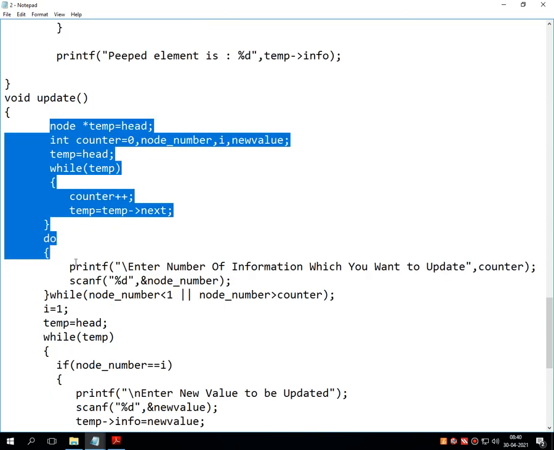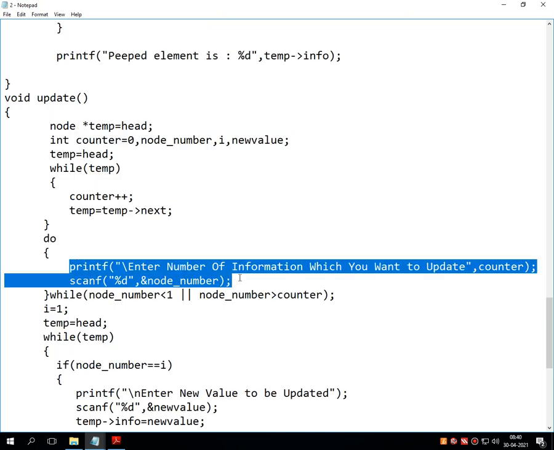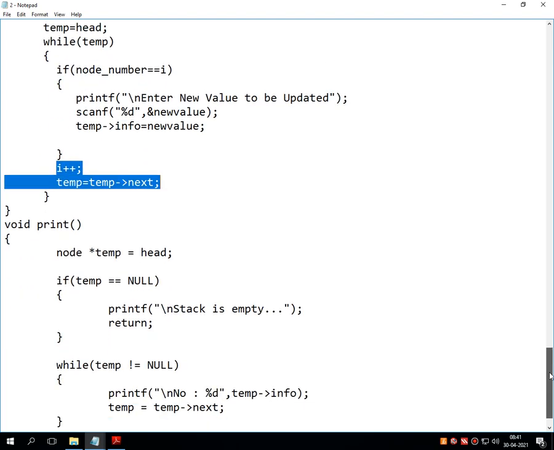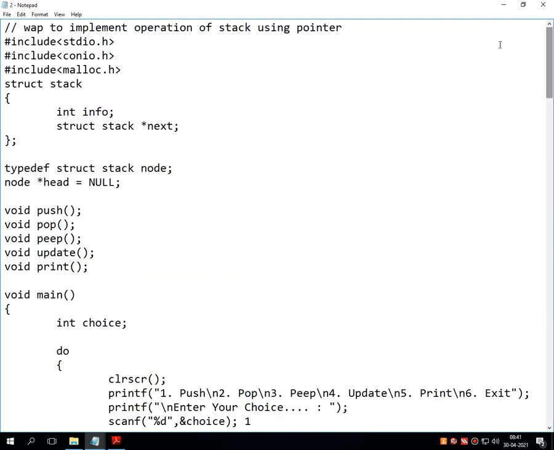Otherwise, if everything is okay, that means the location you entered is available in the list. Then it asks for the new value. Whatever new value you enter replaces the old value, and the program returns to the main menu. So in this way the entire program works.